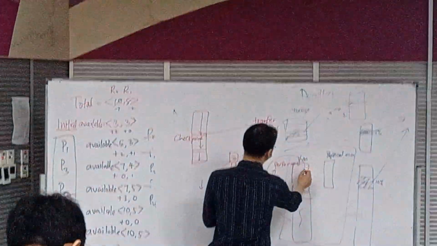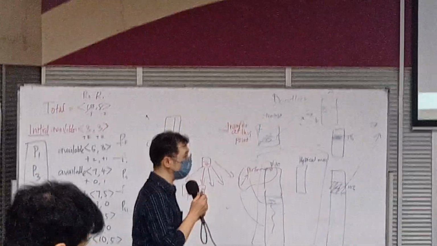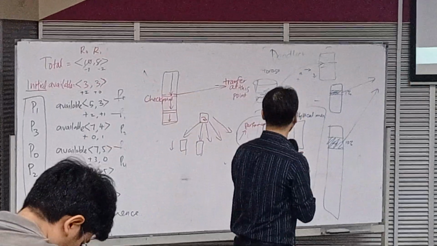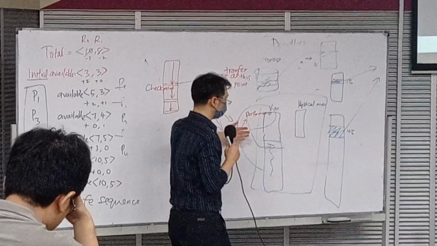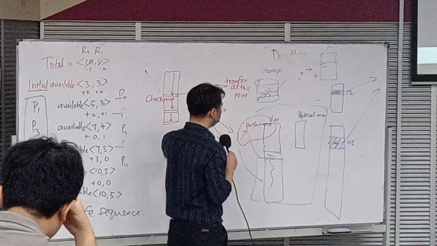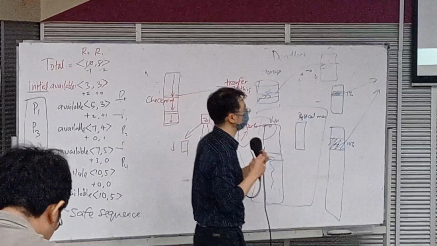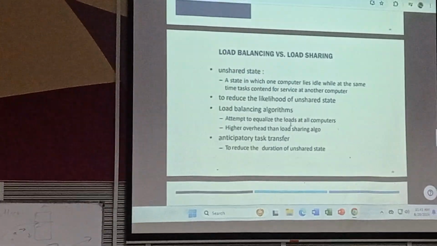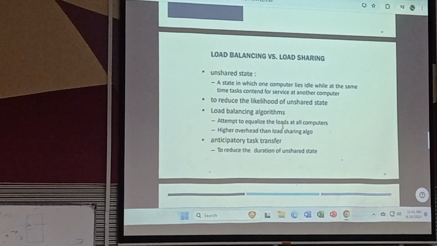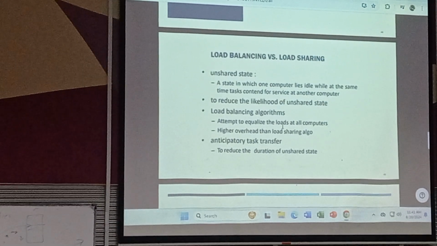Okay, I receive this performance gain. So load sharing, the main objective is also sharing the data and sharing the load, but the objective is to increase the performance because we can run it in parallel. Whereas load balancing, the objective is not this, although we can achieve this as well, but it's more towards